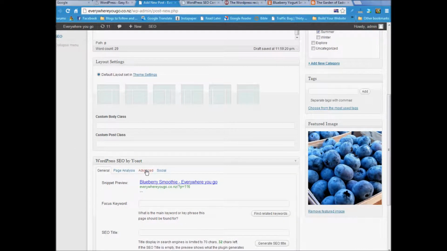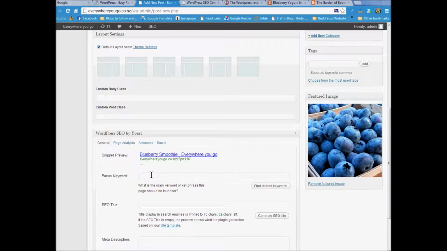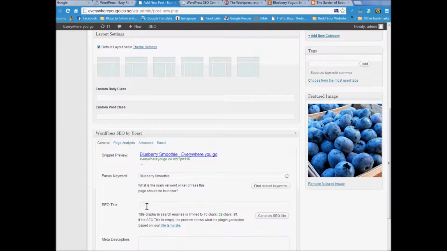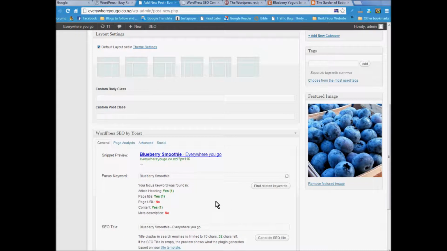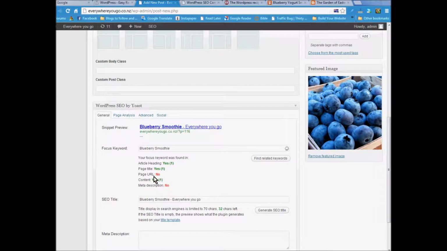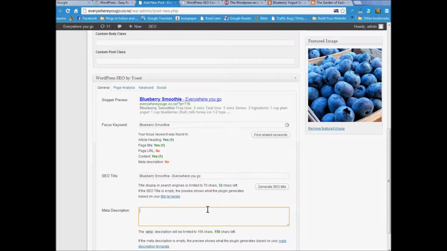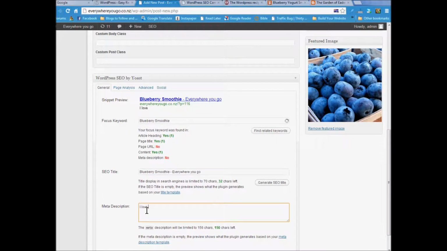Okay, down to this SEO. So you want to choose a keyword, smoothie. You want to choose the keywords, that's the focus. Generate the SEO title. It's going to give you some hints to improve it. So this is the meta description out here. So you can either copy and paste from your recipe, or you can write something else here, like